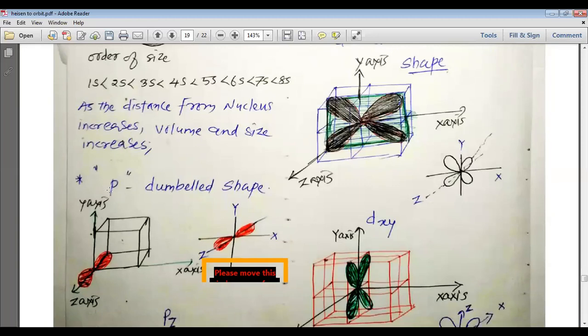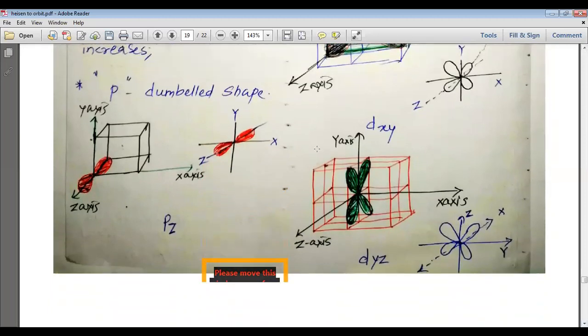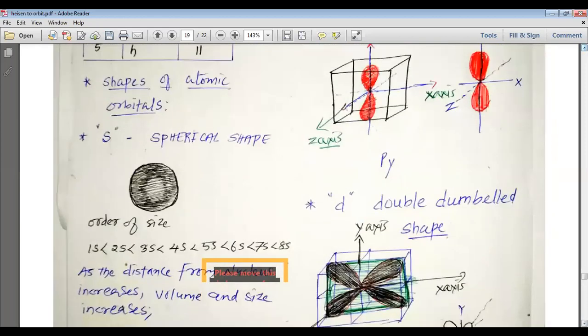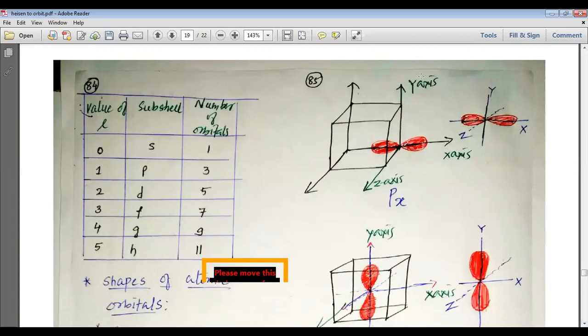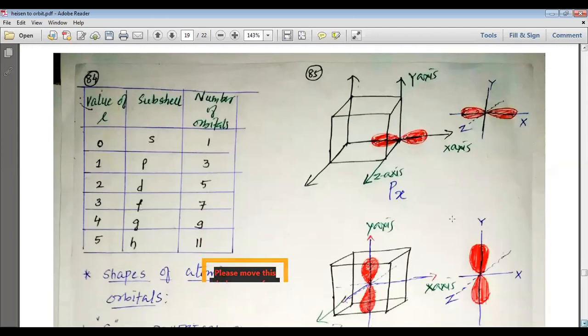Now we can move to the p orbital. p has a dumbbell shape. So we can have various orbitals; if we have pz, then pz is present on the z-axis. You can see here I have shown you the x-axis, y-axis and z-axis. So pz stays on the z-axis. In the same way, my dear students, we can understand the other orbitals. Suppose you have px, so px stays on the x-axis, and here you can see in 2 dimensions as well as in 3 dimensions how the x-axis, y-axis and z-axis are present.